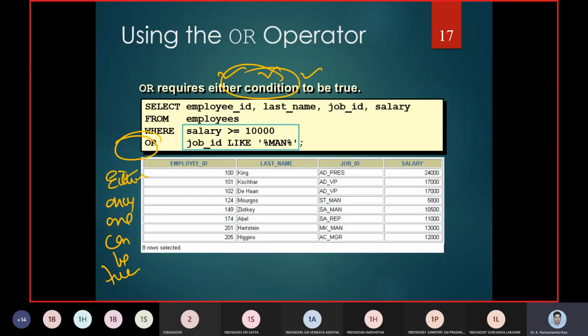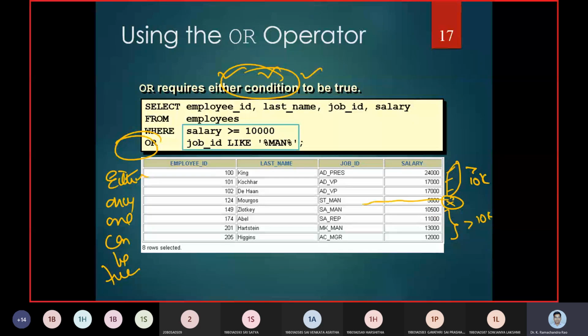But when I apply this OR operation, salary greater than 10,000, you can see these 3 employees' salary is greater than 10,000, but this one is not meeting it. And for the rest, salary is greater than 1,000, but still 5,800 was included.